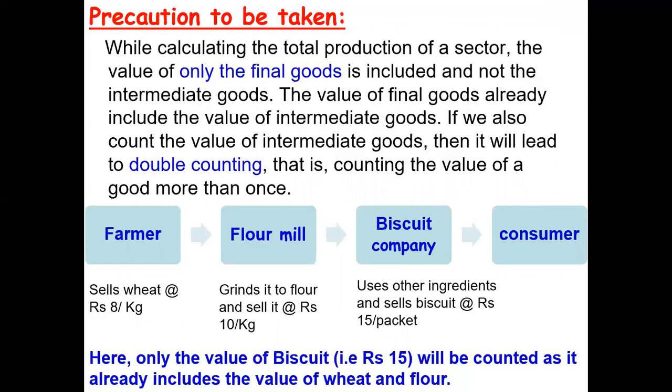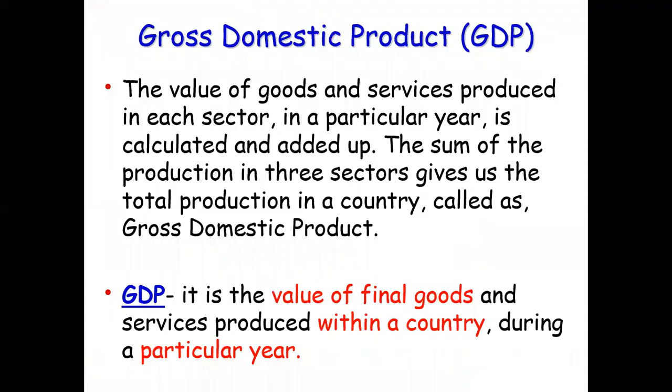So if the farmer sells wheat at 8 rupees per kg, the flour mill is grinding it and selling it at 10 rupees per kg, and the biscuit company is selling that biscuit packet at 15 rupees per kg, only the value of the biscuit company, that is 15 rupees per kg, will be counted because it includes all the value of wheat and flour already. Okay. Now GDP, the value of goods and services produced in each sector in a particular year